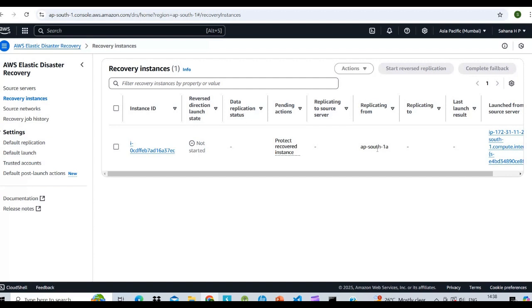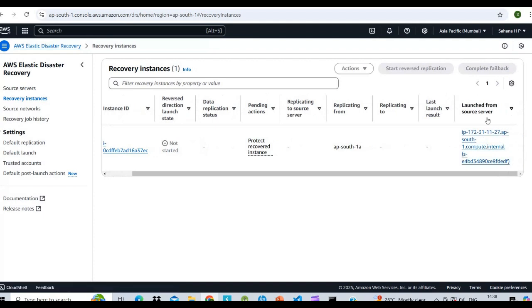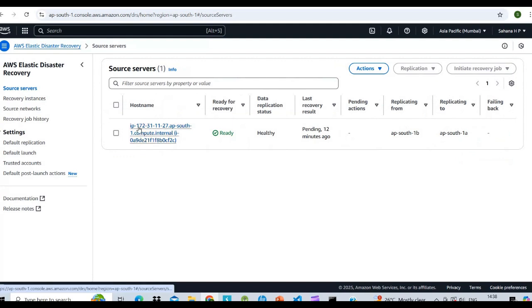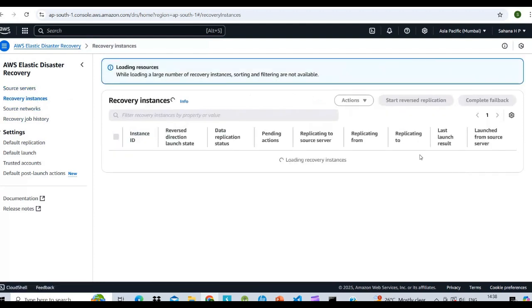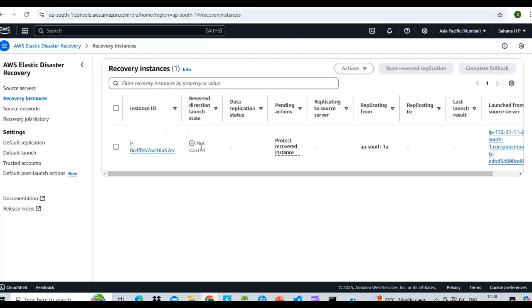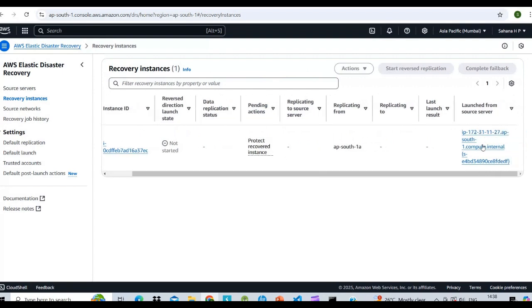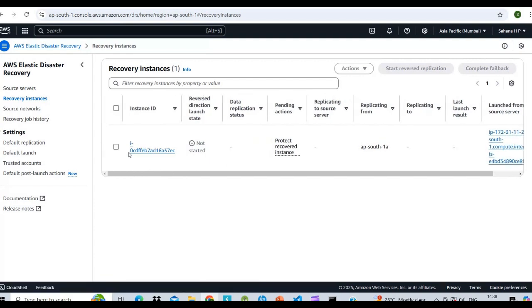So we are recovering the instance from the region AP South 1. It's launched from the source server, and here we can see the IP 172.31, AP South 1. This source server 2 recovered the instance to the instance ID. It launched from IP 172.31, AP South 1. So this is the recovered instance.